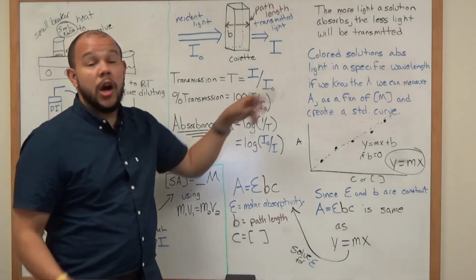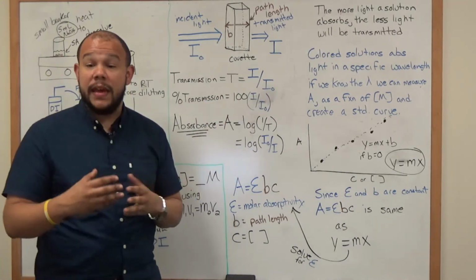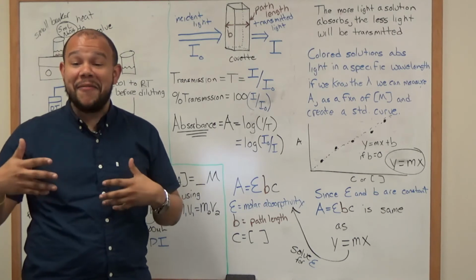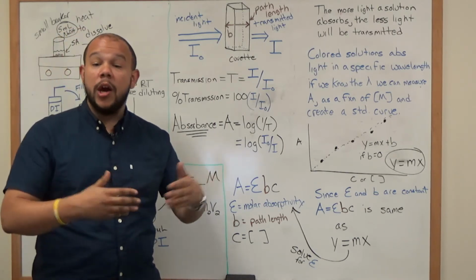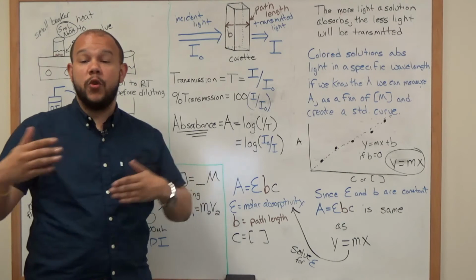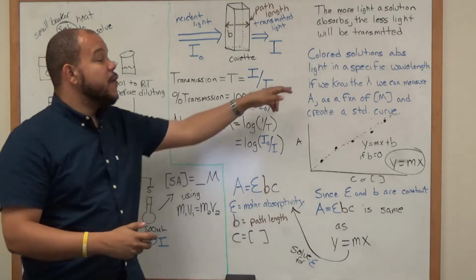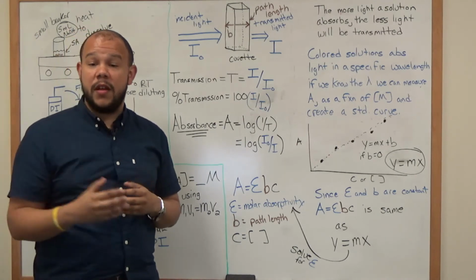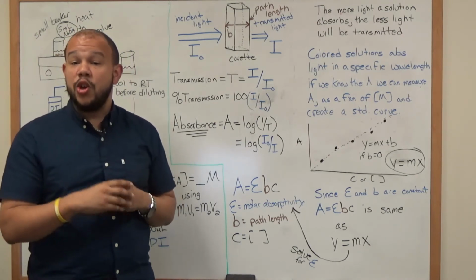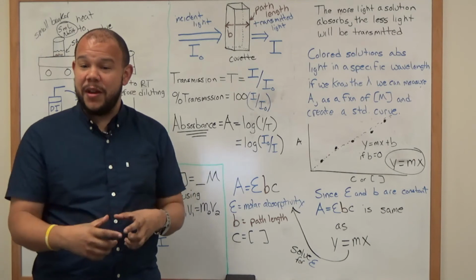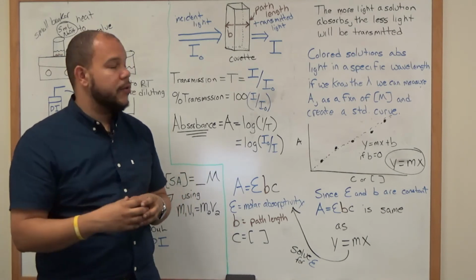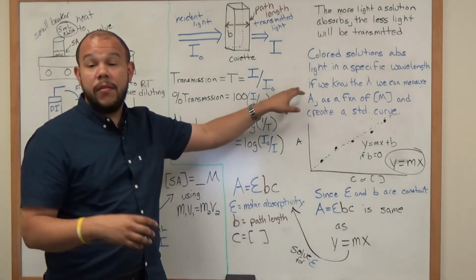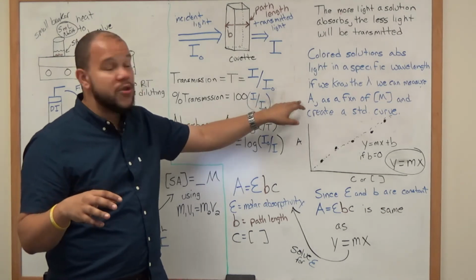Colored solutions absorb light in a specific wavelength. That's what leads them to have their own color. So a blue absorbs in a certain wavelength, a purple absorbs at a certain wavelength. If we know the wavelength of maximum absorption, and for this laboratory they have told you what that is, you're going to put that into the instrument, and we'll talk a little bit about the instrument when we get in the laboratory. If we know that wavelength, then we can measure the absorbance